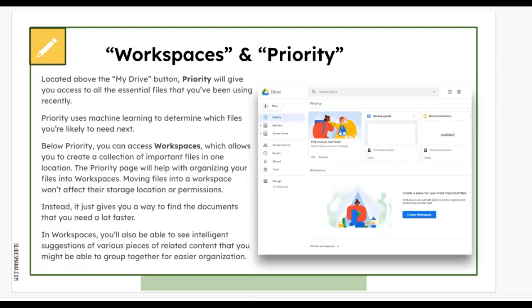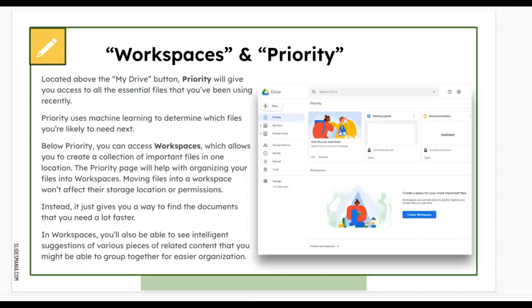So priority is an area that Google is creating for you. It uses machine learning to determine which files you're likely to need next. So basing on what you typically look for or use within your Google Drive, Google will put into the priority area the files they think you are most likely to need next.